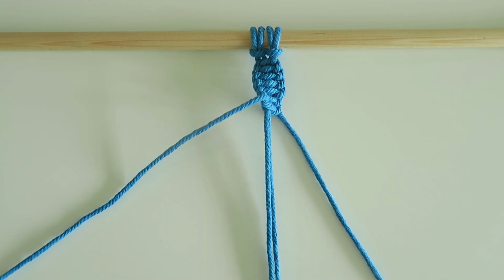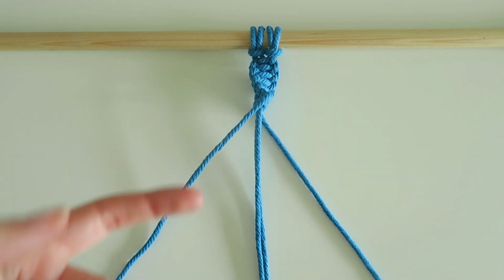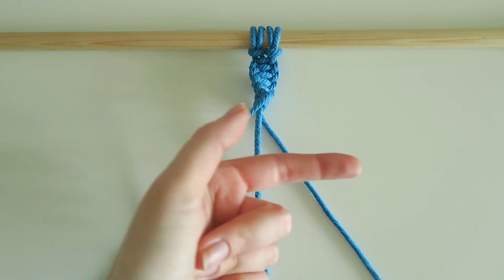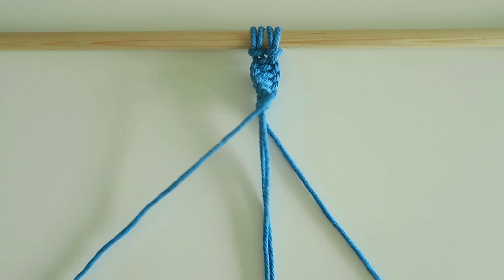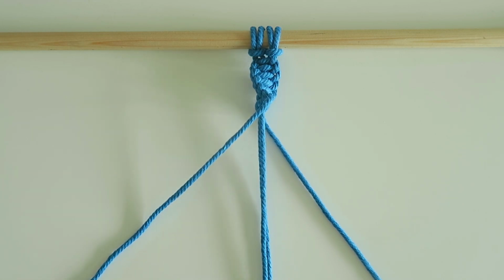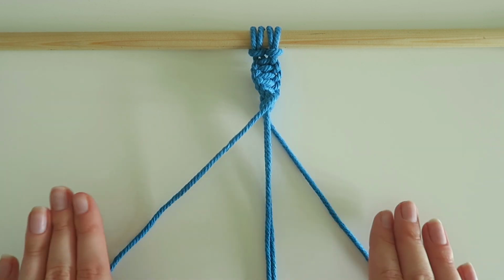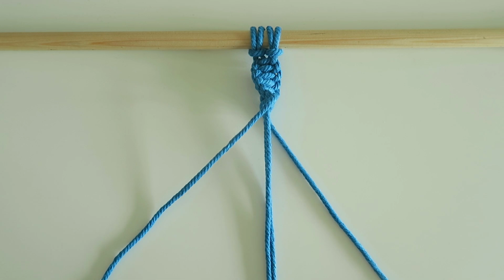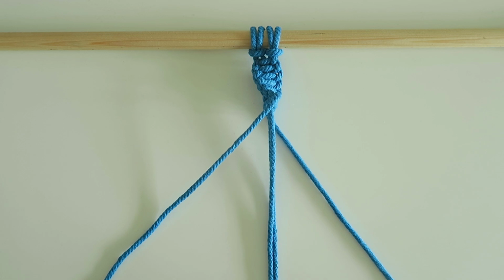Now, if you're working down on a flat surface, it will begin to get difficult to make the knots because the spiral is beginning to twist, and you can see string number 1 wants to come over to the right hand side. It's beginning to kind of fly up here in midair. So if you do have it down on a table, what we're going to need to do is switch the outer 2 strings over just to make it easier for us to make the knots, and it will encourage that spiral to form. If you are doing this up against the wall or hanging it over a door or hanging